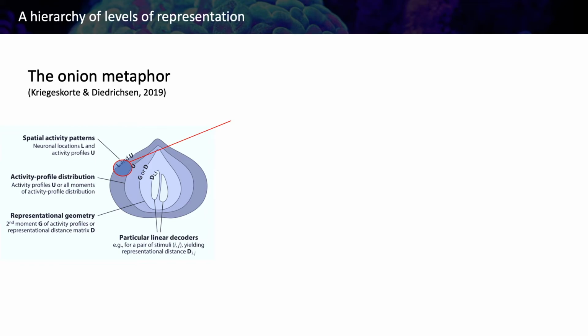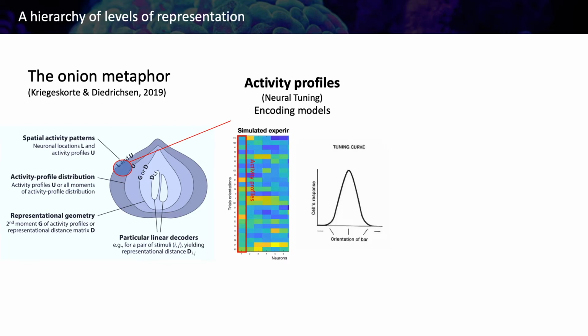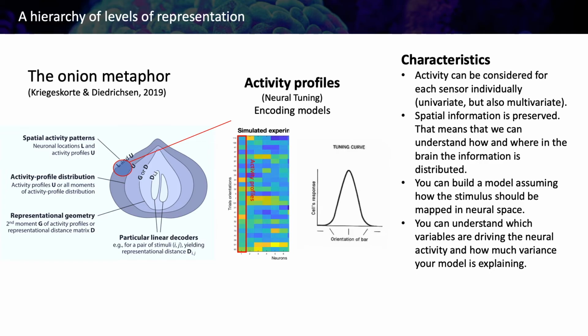And finally, we have the spatial patterns, which are the most superficial layer of all, the onion, or the complete onion. So when we are looking at this, we are looking at the neurons individually, and we are throwing away, let's say, the pattern activity. So here we have the tuning function, or the tuning curve. These ones are more accessible to the encoding models, because the encoding model tries to reproduce what is happening at the neuron level, or at the unit level. Okay, so they have some advantages and also some disadvantages.